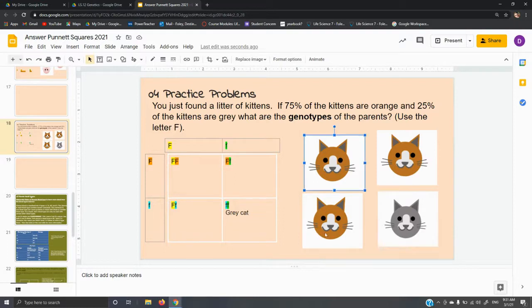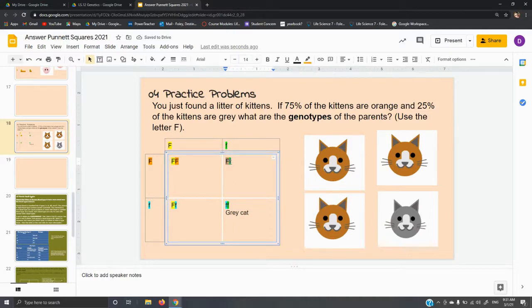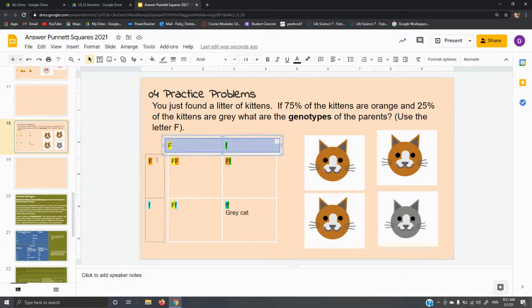Then we have orange cats here. And in order to get the orange, you have to have a capital F in your genotype. And here we have 3 of those, and that is 75%. So our parents have to be,